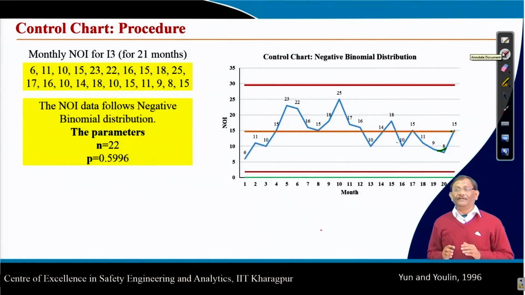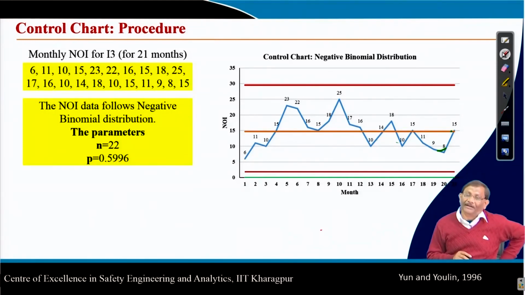If you want to improve under such a situation, then you have to change. Maybe there is a need for a design change, a redesign. It means you have to use some kind of innovative or breakthrough improvement concept. But apart from this, what will happen? Sometimes you may find that in this case the data is well within the two limits,